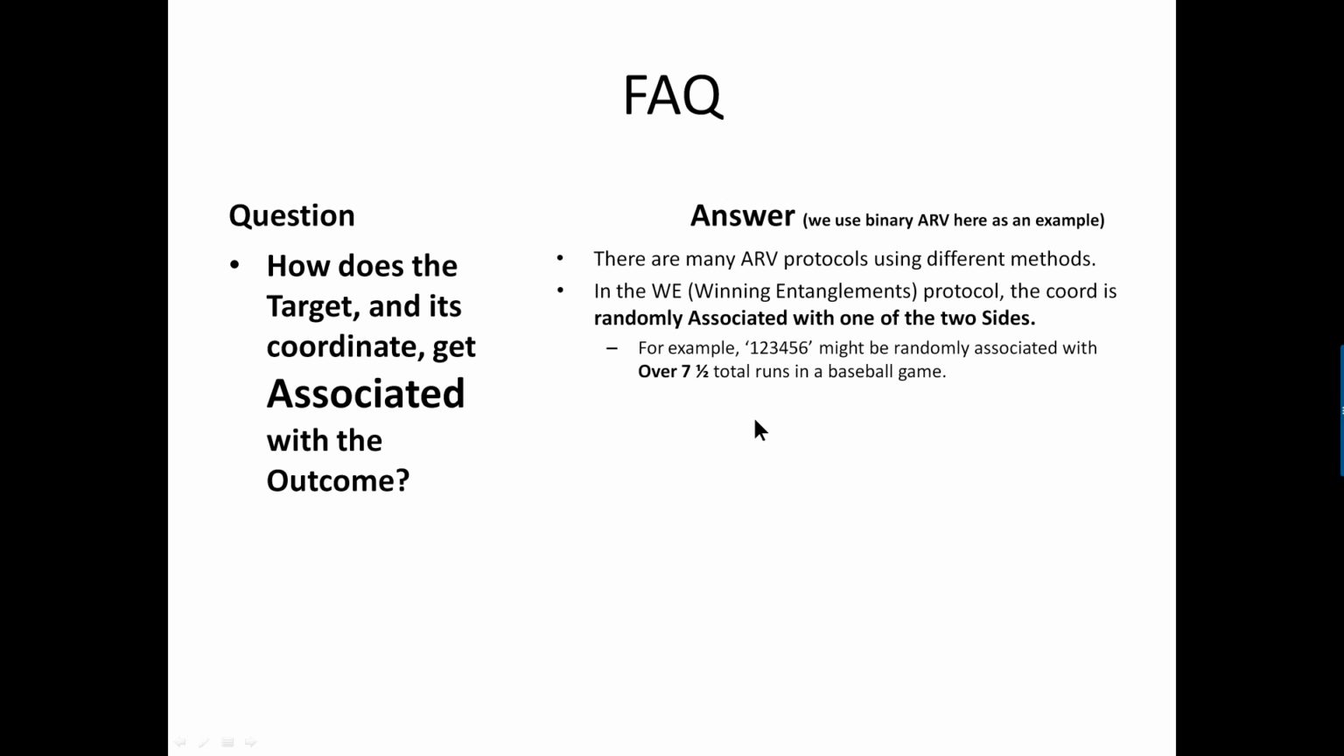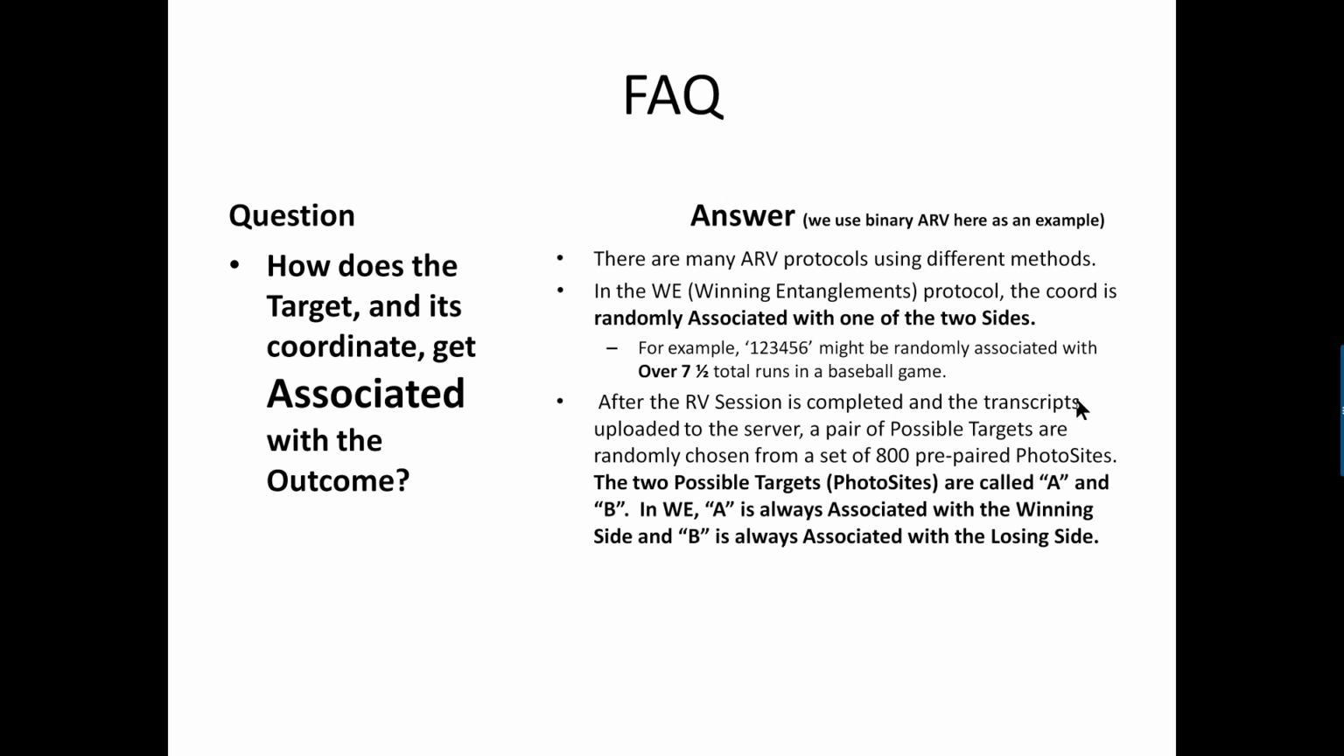Now, when the viewer completes his remote viewing session and the transcripts are turned in, in WE and in most other ARV approaches, only then are the targets chosen, and chosen randomly. So this just guarantees it's precognition at play. In WE, we have 800 prepared photo sites. So after the remote viewing session is done and submitted, literally to our server in WE,